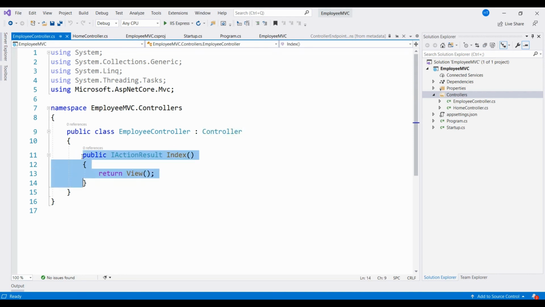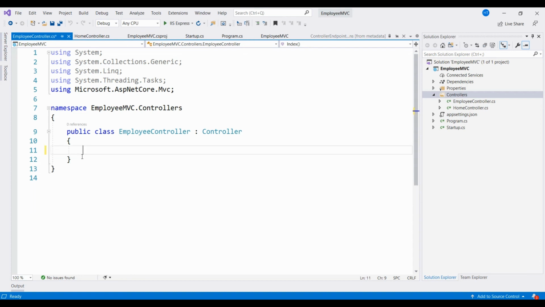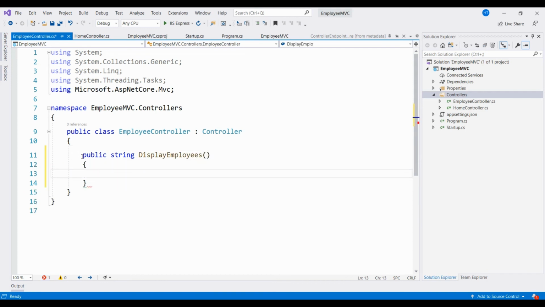I don't want this particular method, so I am deleting it, and we want to write a method, public string DisplayEmployees, and some static message here, returning all employees' details. So now I have the EmployeeController and I want to call this DisplayEmployees method.